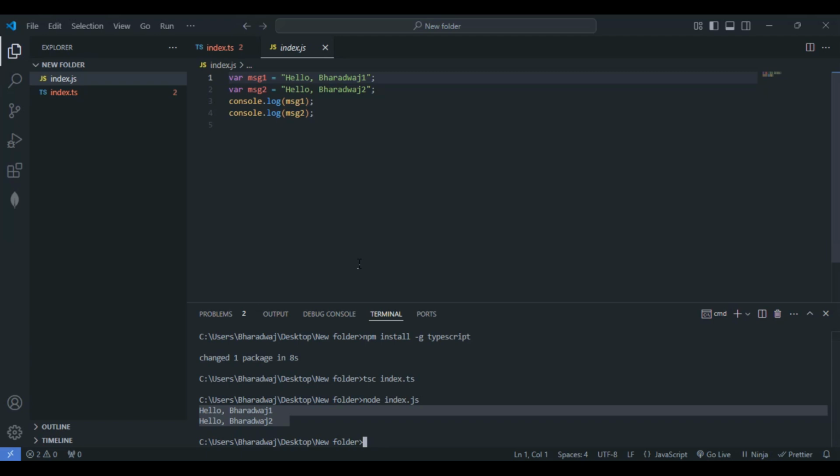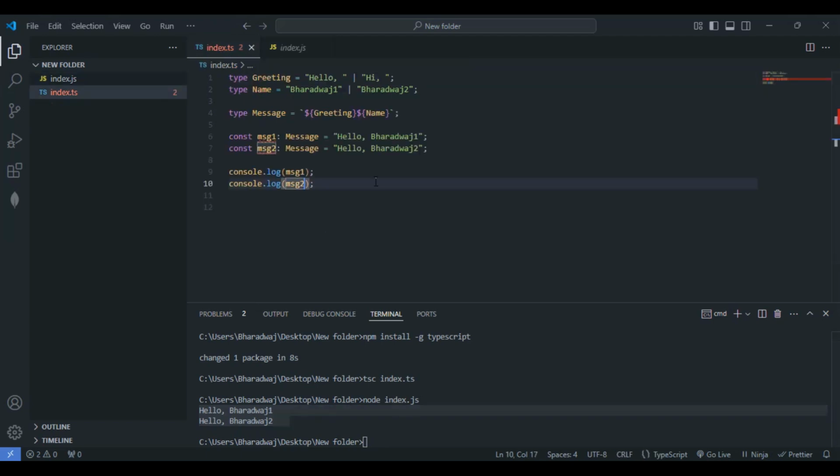I'll quickly explain what I have given here in the TypeScript file. The type Message takes greeting and name, and basically this is combining greeting and name into all the possible combinations. We know that this line, message equals whatever I have passed here, makes use of the template literal, with greeting and name passed in. So this combines greeting and name into all the possible combinations, and Message 1 and Message 2, whatever I have given here,